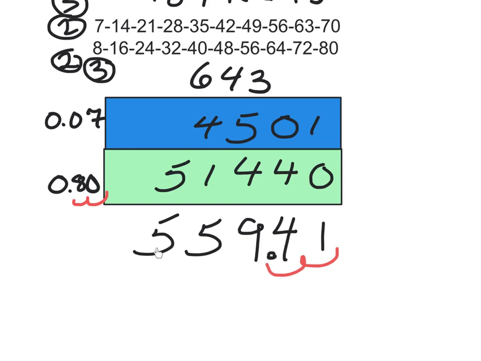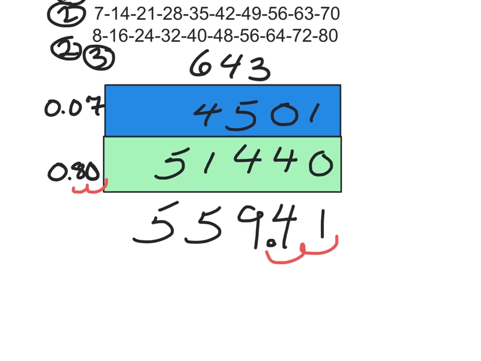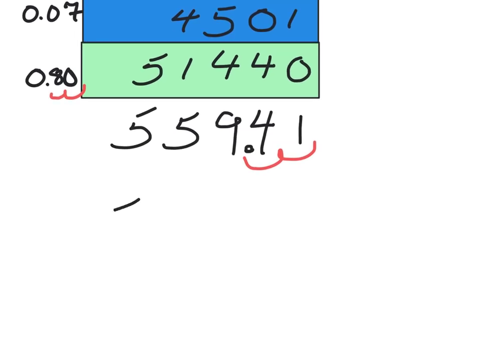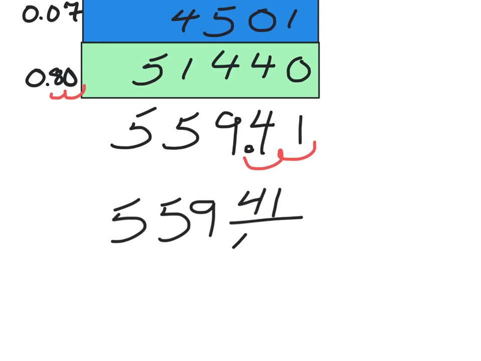And your answer is 559.41. Now, you can also rewrite this as 559 and then put your 41 as your numerator. And since this is in the tenths column and this is in the hundredths column, you're going to just write 100 right underneath there. And voila, my friends, 559 and 41 100ths is the way you would write it as